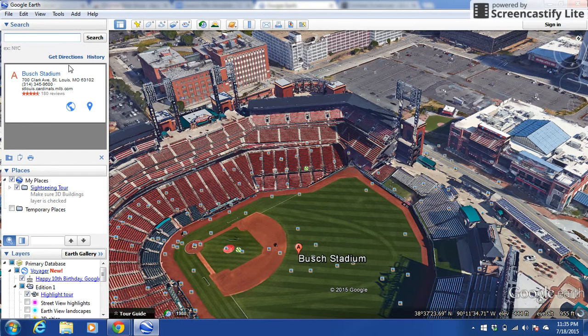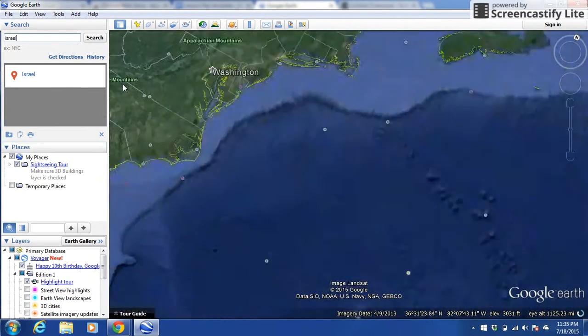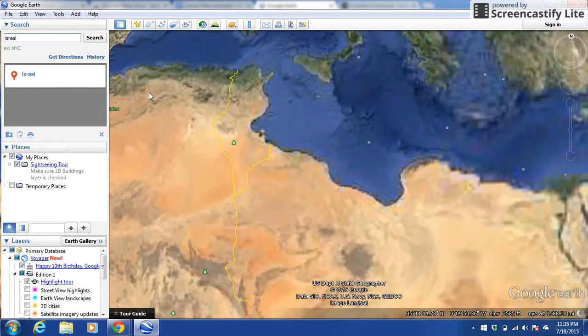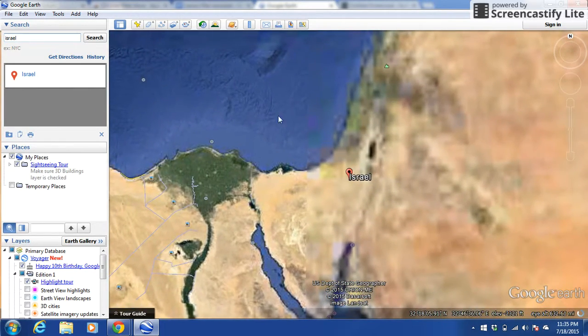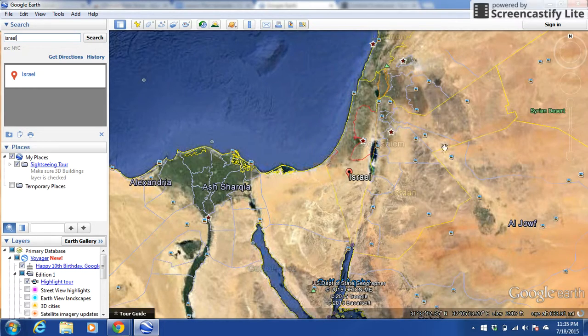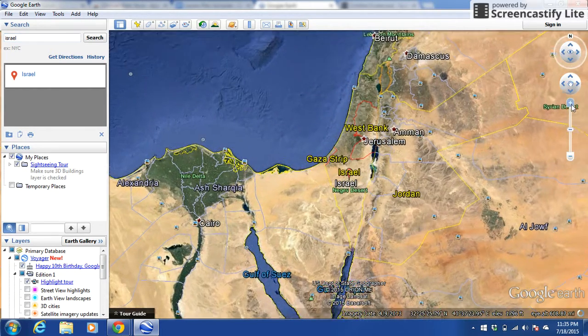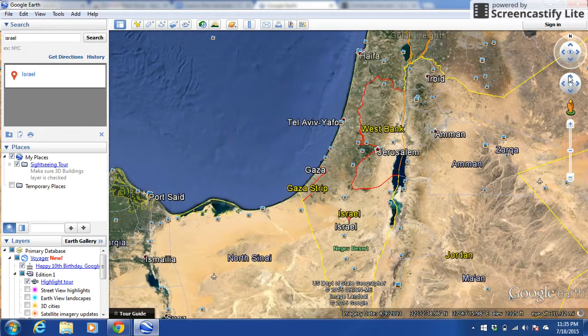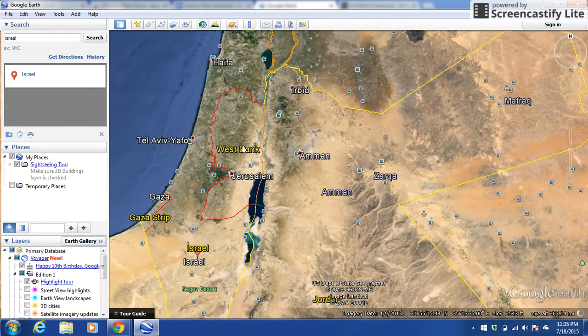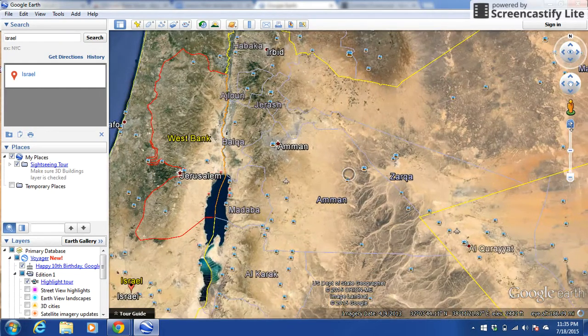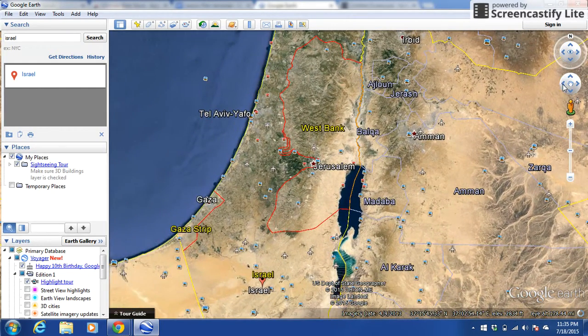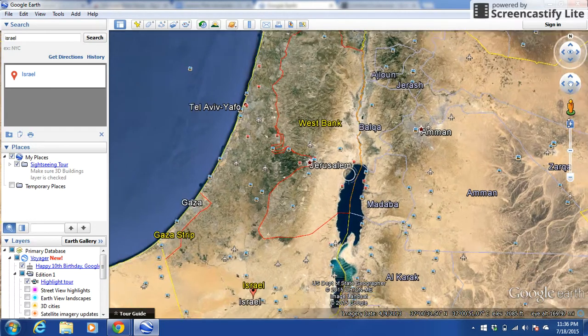So let's say you're a social studies teacher and you're teaching on the conflicts that are ongoing in Israel, and you want to show where these battle points are, where the fighting's at, what's going on. You can take, obviously, an in-depth look, and you could type in cities or towns, but it's kind of cool because you can peruse around here. I'm going to zoom in just a little bit, and it's kind of cool because a lot of teachers talk about the Gaza Strip, or they talk about West Bank, they talk about Israel, but you can kind of almost go